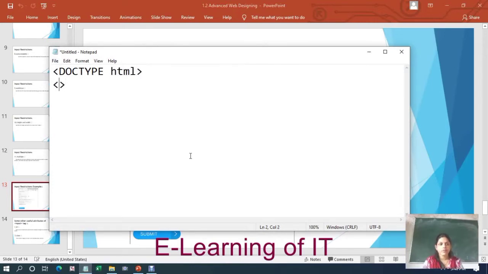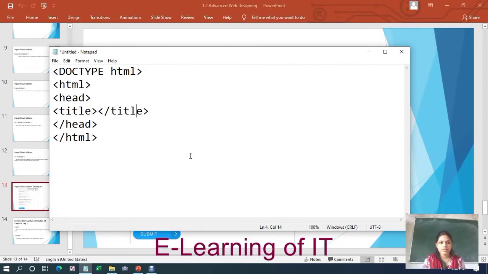Next, we will start the program with html, then end of html. Then you can specify a head tag, head, then end of head. Within the head tag you can specify a title and end of title.